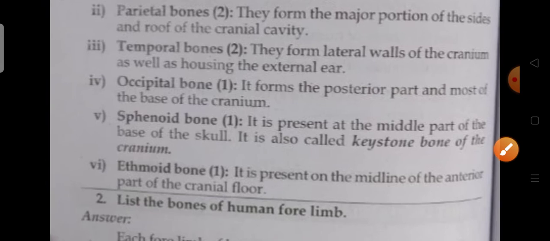It is present in the middle part of the base of the skull. It is also called the keystone bone of the cranium. Sphenoid bone, middle part of the base of the